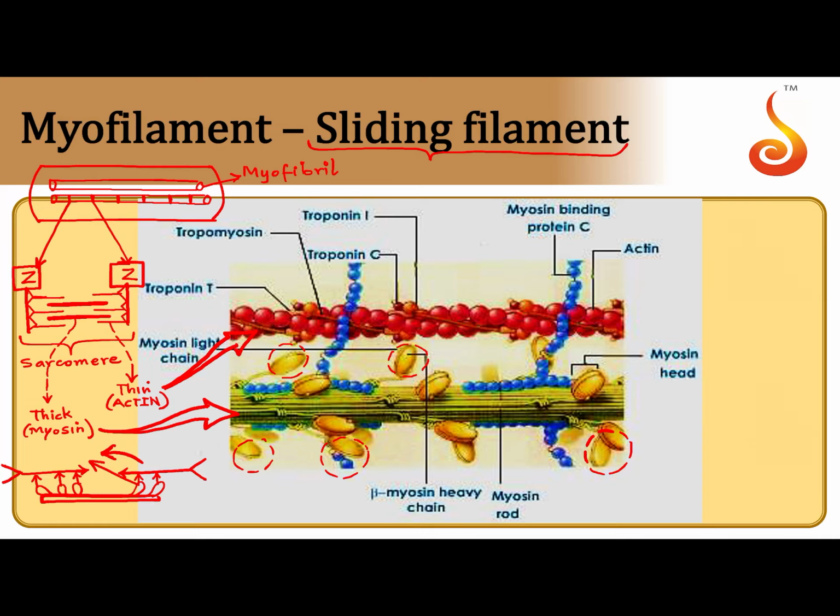So there is an interaction happening between the myosin heads projecting out of the thick filaments and the thin filament proteins, in order to form a connection called a cross bridge, and that's why it appears as if the thick and the thin filaments are moving past each other, sliding past each other, and as a result this theory came to be known as the sliding filament theory of muscle contraction.